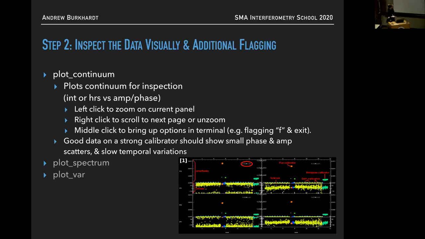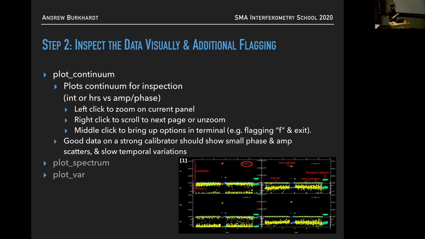So the next thing you want to do is inspect the data visually and perform some additional flaggings as needed. I had mentioned you have these different plotting functions: plot continuum, plot spectrum, and plot var. Plot continuum, this is what appears to be a very blurry version of what you pull up when you run it. You may remember seeing some of these pictures yesterday, where you have your amplitude and